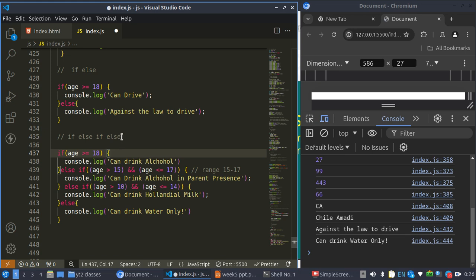So that is it for the if and else if. If you're using the if and else, just remember that your else comes after your if, and there's a space before the if. So that is how the if works. Now the next one is